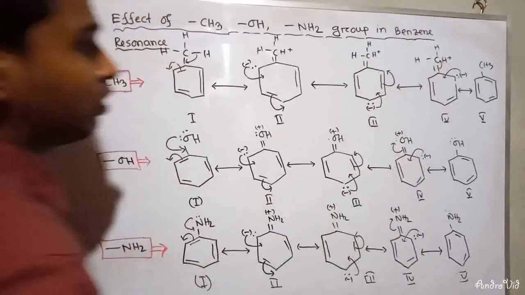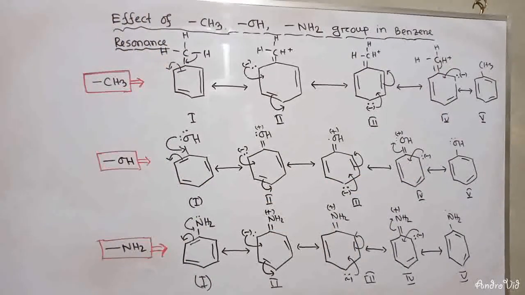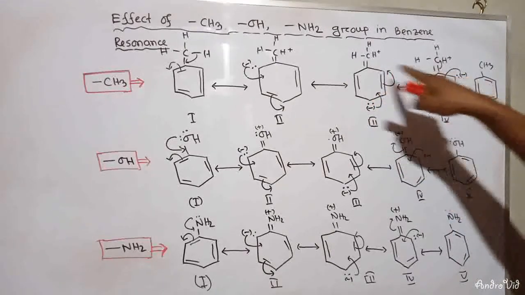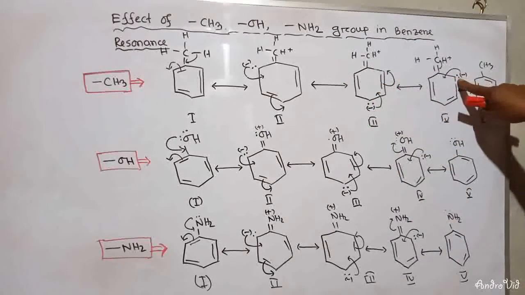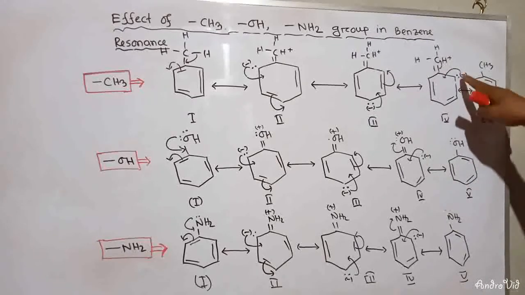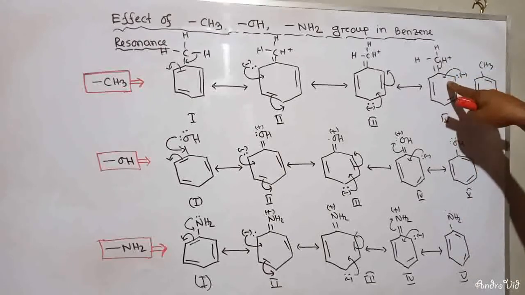This is basically the bond. After the production of this bond, this bonding electron will be shifted to this carbon. As a result, this carbon atom will be negative in charge. Okay, this is ortho position. After that, this carbon having 2 electrons, these 2 electrons will be shifted to this carbon, and when these